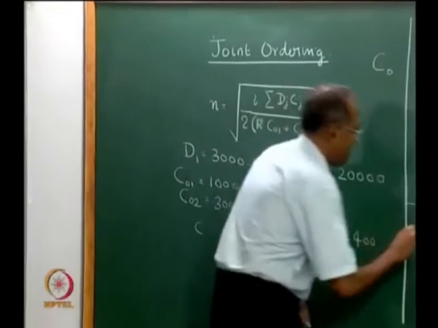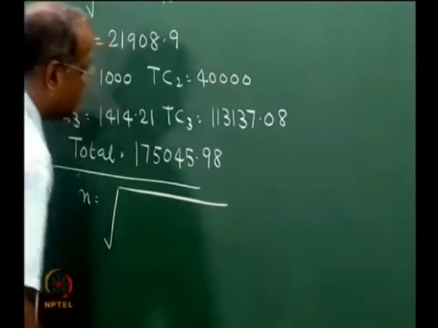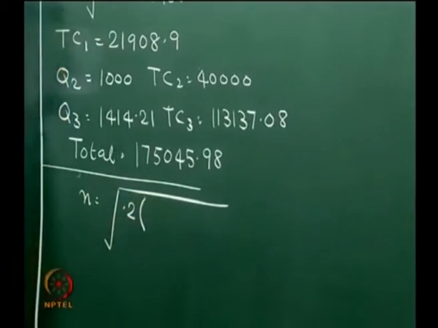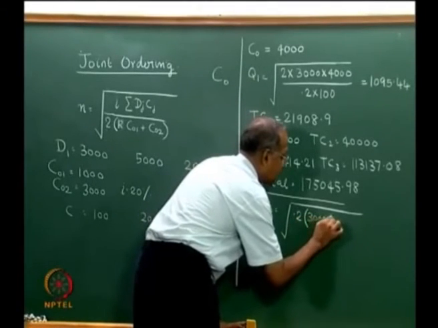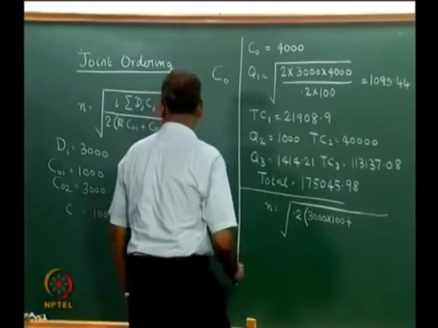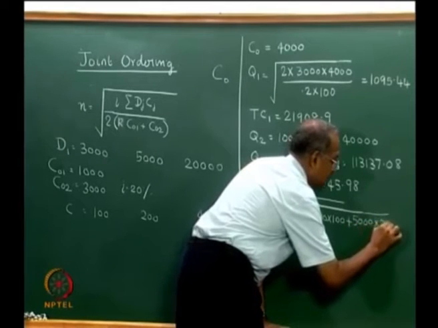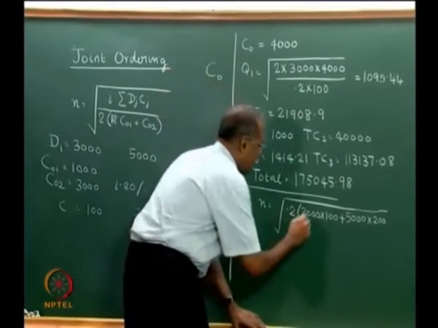We will compute n to be equal to root of I, which is 0.2, into D1 C1 plus D2 C2 plus D3 C3: 3000 into 100, plus 5000 into 200, plus 20,000 into 400,